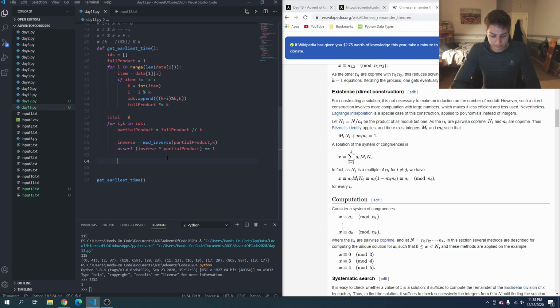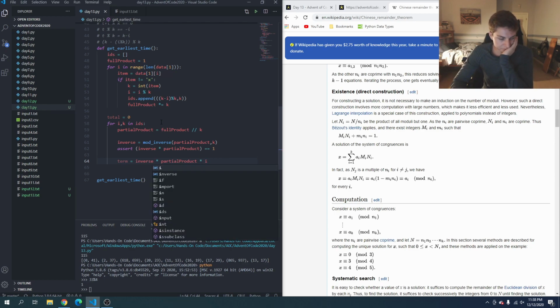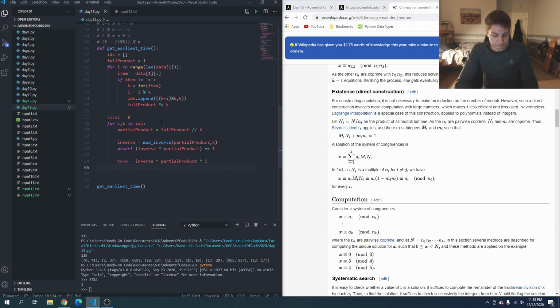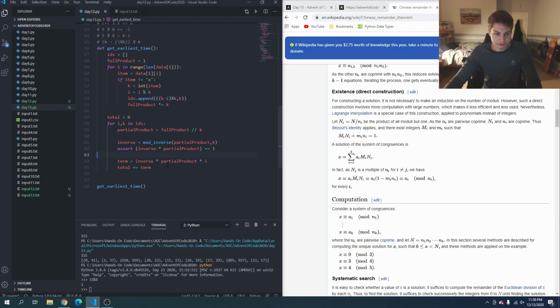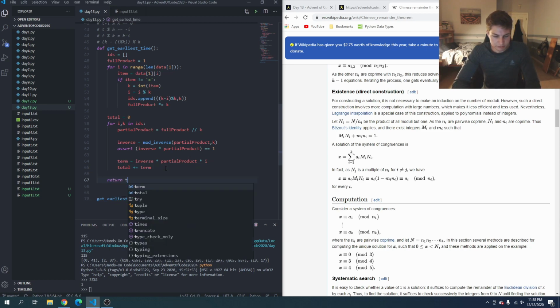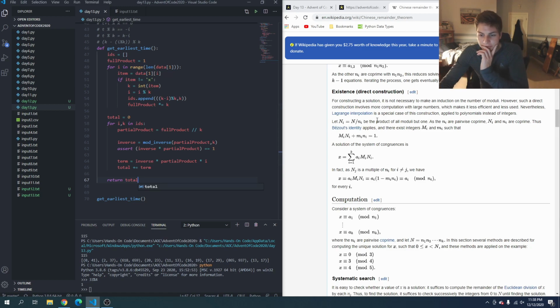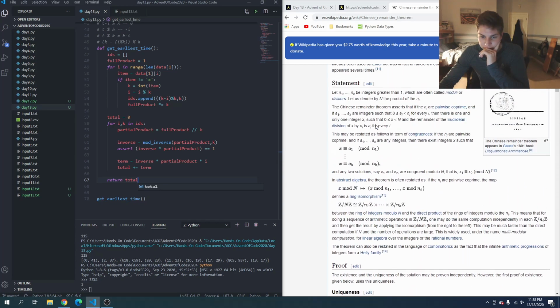And then this term for some particular i is going to be equal to inverse times partial product times i, and total plus equals term, because it's a summation. And return total. And remember, our answer should be between,